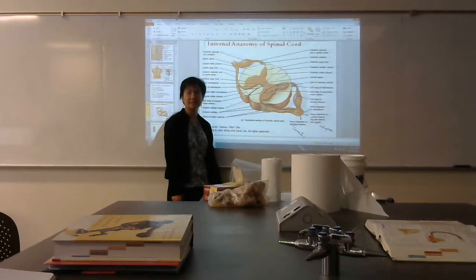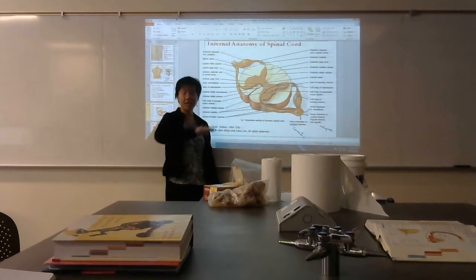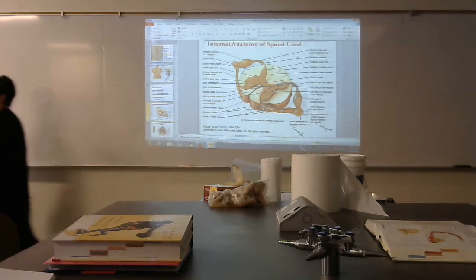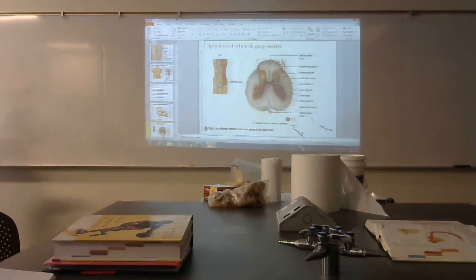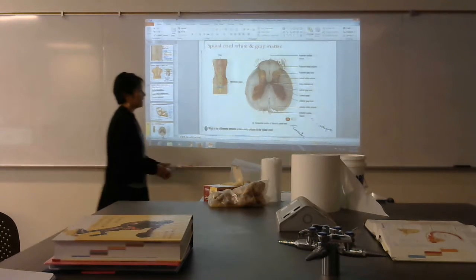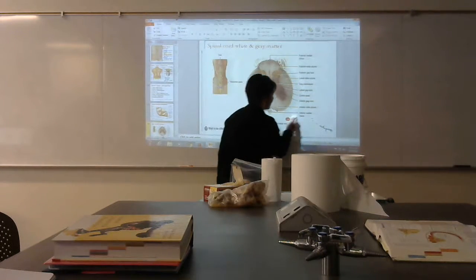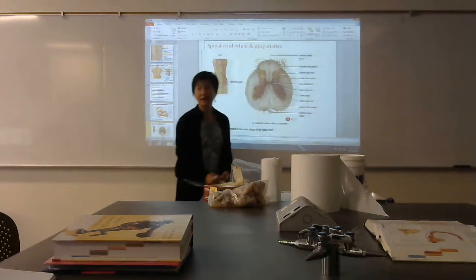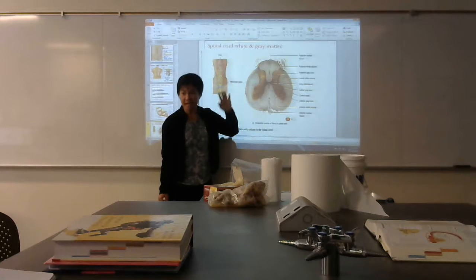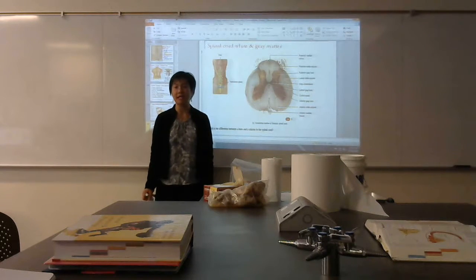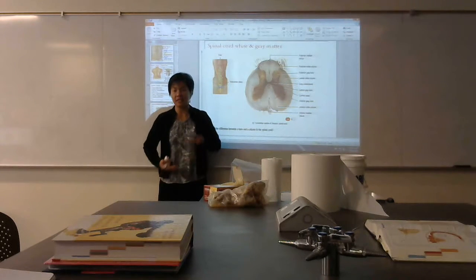You understand? That's why if you're given a cut or a section of the spinal cord, you can tell. You can tell just by looking at the spinal cord, you can guess where it was taken. If there is a bulge like that, that bulge, the lateral gray horn, is only present in the thoracic segment